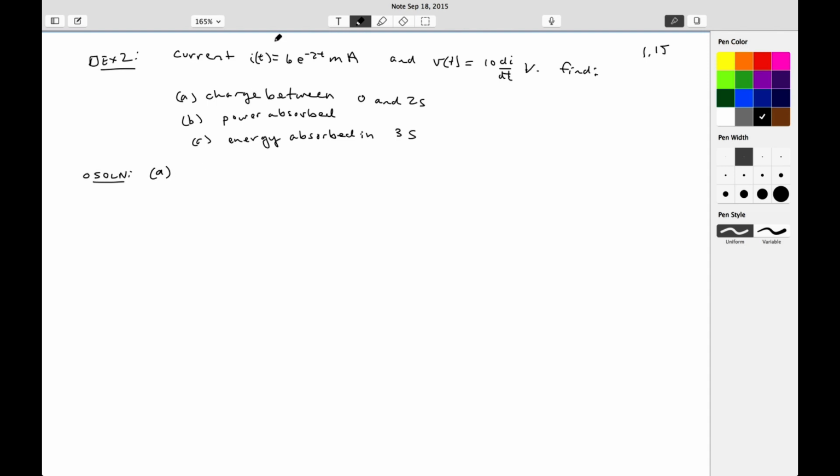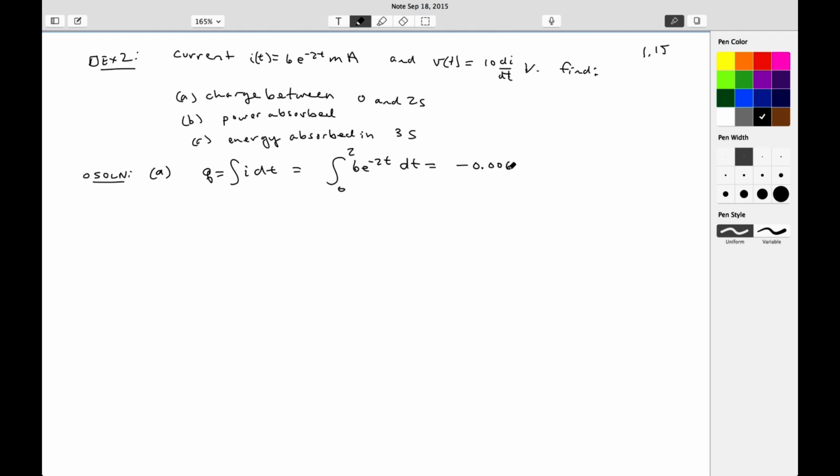Now, I have the current, so I know that Q is equal to the integral of I dt, all right, which is equal to the integral of 6e to the minus 2t between 0 and 2 dt. And I know, by the way, this is 6 milliamps, so this better be accounted for. And when I evaluate this, I should get